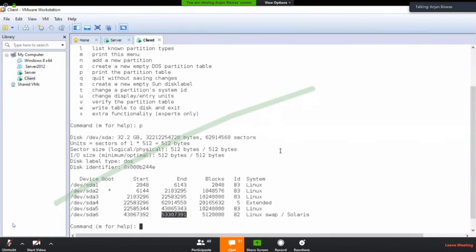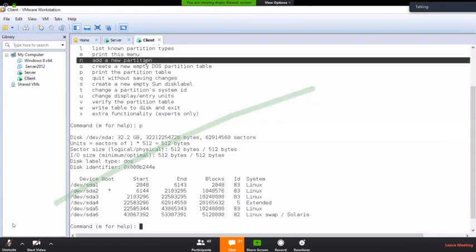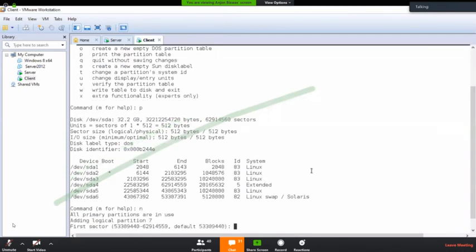Now, to create the partition, see, N for add new partition. N for add new partition. Now it is asking what is the first sector of the partition?